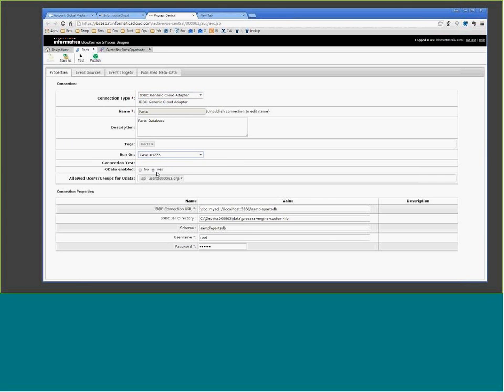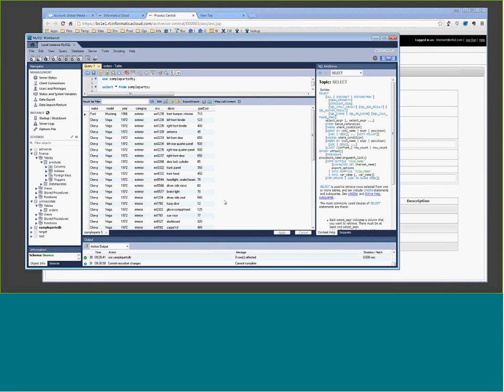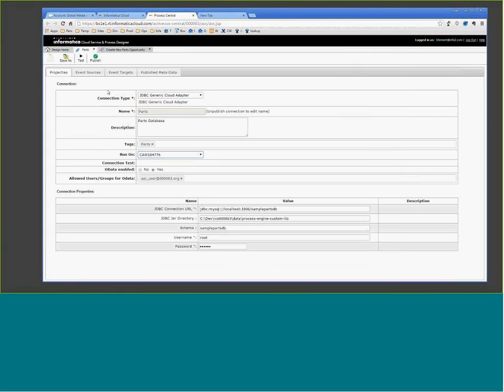It is running on my laptop, and I've enabled it using OData. And for the purpose of today's demonstration, I'm only allowing a single user account. This information connects to a MySQL database, as I said, that's running on my laptop, and here's evidence of that database.